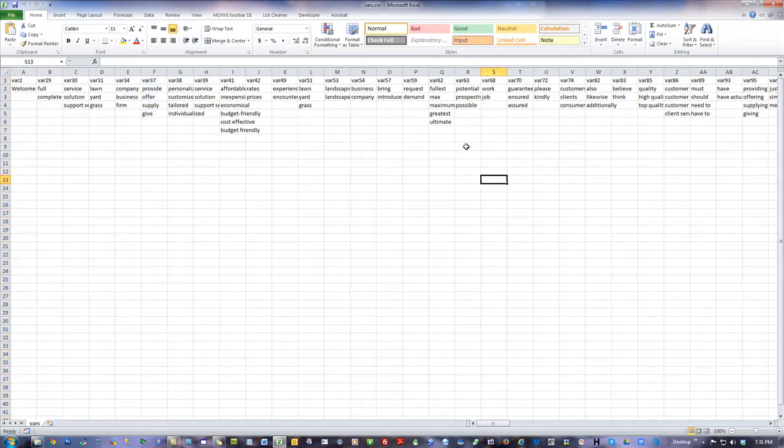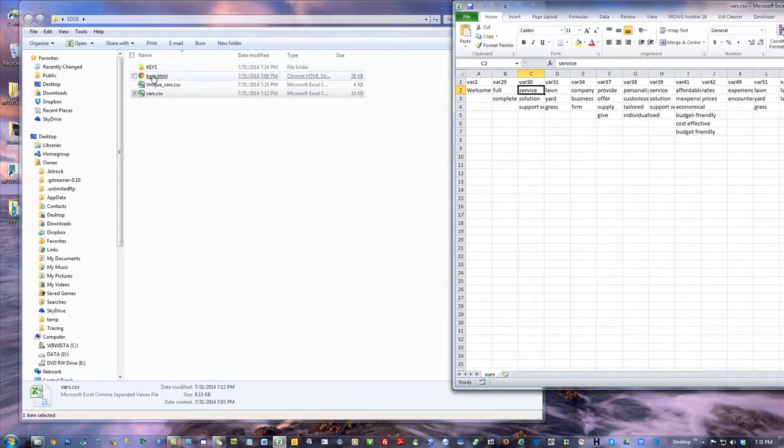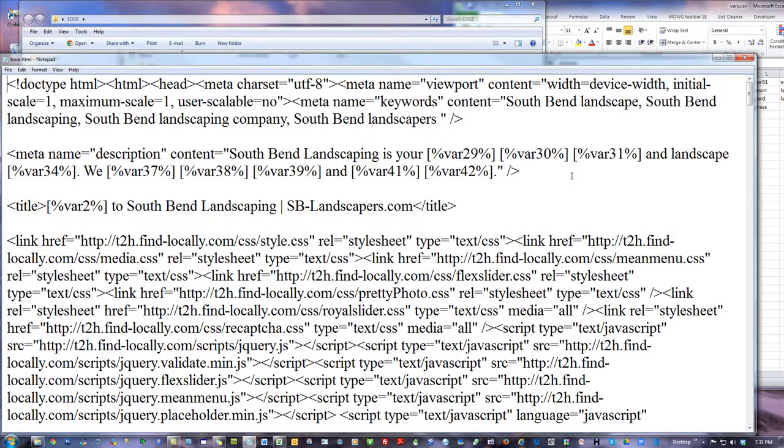And whenever it chooses one of these variables for something on the page, like var 30, then wherever it sees var 30 on the page, if there's more than one of these, like we copied it in the meta description, so you already know you can use vars more than once on the HTML side. Okay,